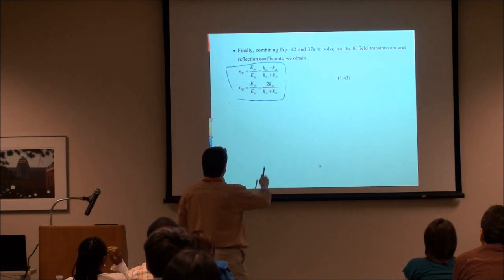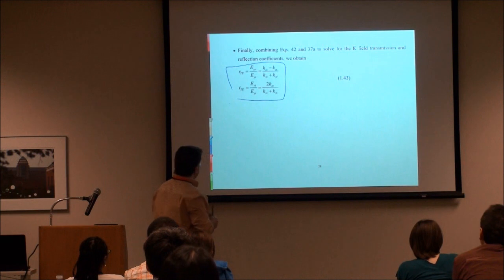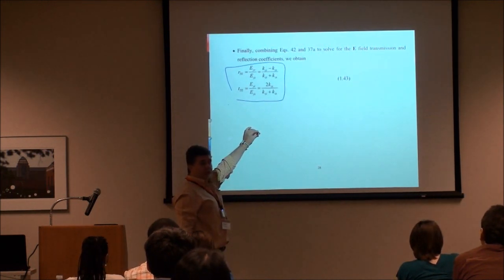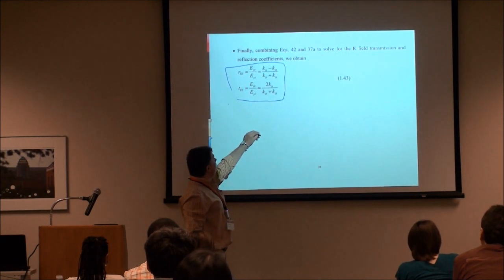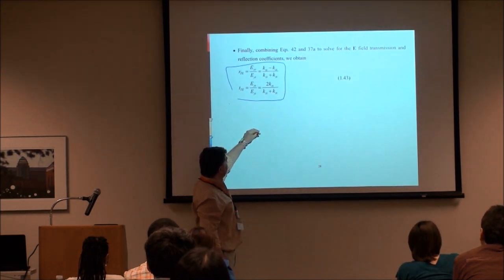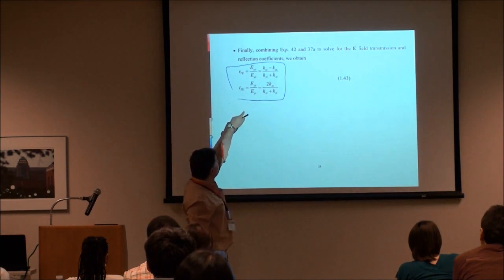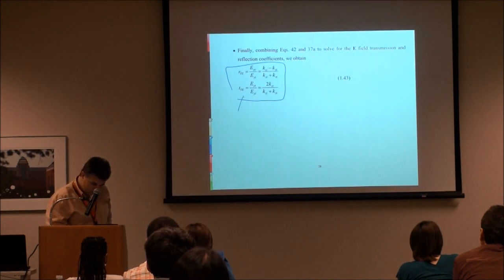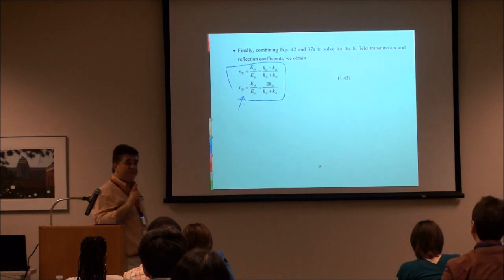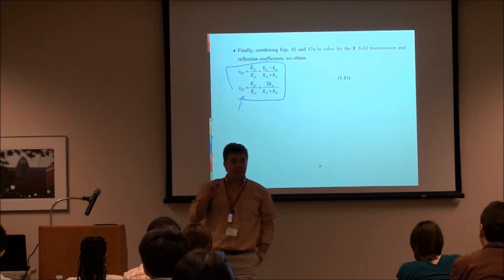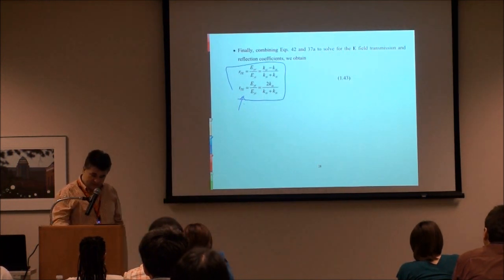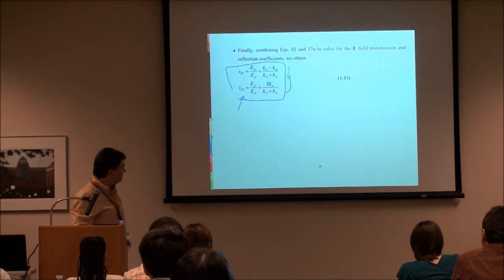More interestingly, if you write the ratio, remember our E was this way. This was the only component of E, transverse electric. I want to know the ratio between the reflected versus the incident, right? That's how it looks. If I want to know the transmission, it's the second equation. Keep in mind, this is in the fields. If I want to know in terms of power, I need to square this. But this is all you need to know, and this is how I remember the Fresnel law